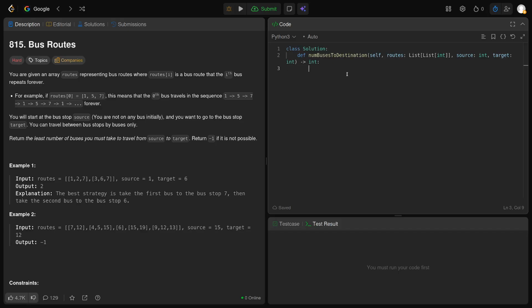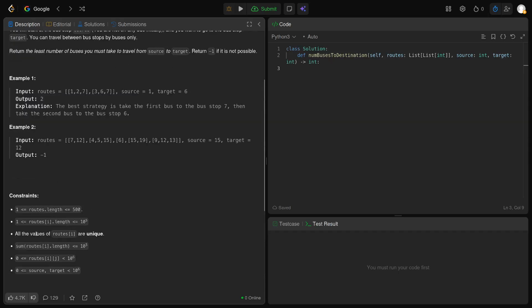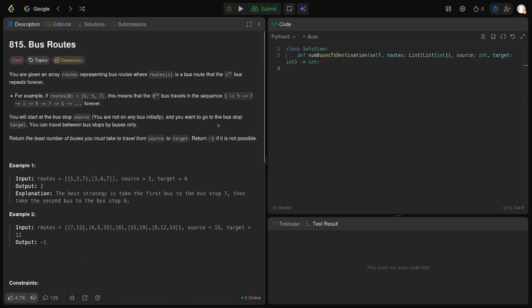I guess now the question is how many bus routes do we have? Can there be duplicates? Probably the routes are unique. Routes are unique, and we have 10 to the 5 of them, and source and target are 10 to the 6. Okay,